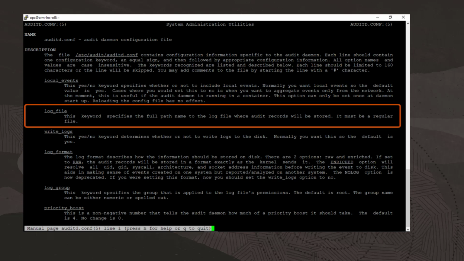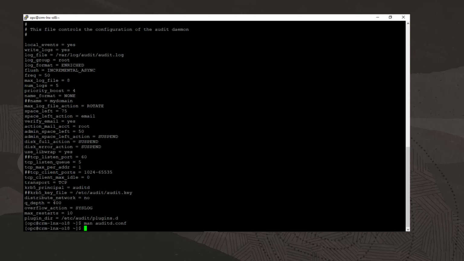For example, log_file specifies the full path name to the log file where audit records will be stored. I'll exit the man page, and we can see that log_file in the audit daemon configuration file is set to /var/log/audit/audit.log by default. So this is the log file where audit records will be stored. I'll clear the screen, and next we'll view the audit rules file by running the command sudo